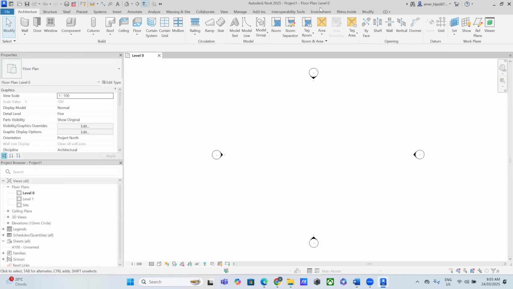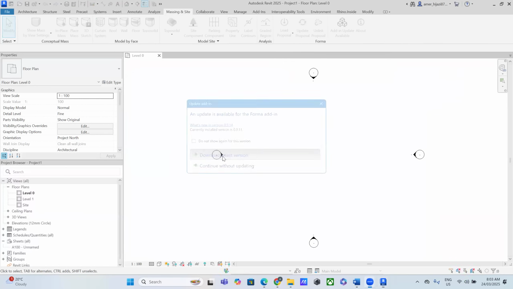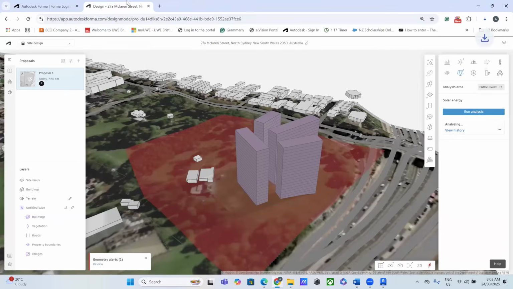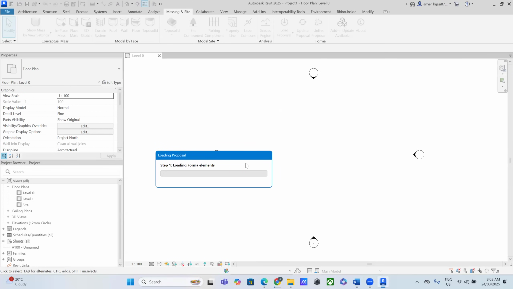and just open the Revit file, go to manage massing, load proposal. It might take a little bit of time because it's big. Download the last version. They asked me to download the last version of the plugin. Let me just do it. Okay, now load the model. Now it's happening. Again, it might take a little bit of time because it's moving between the cloud